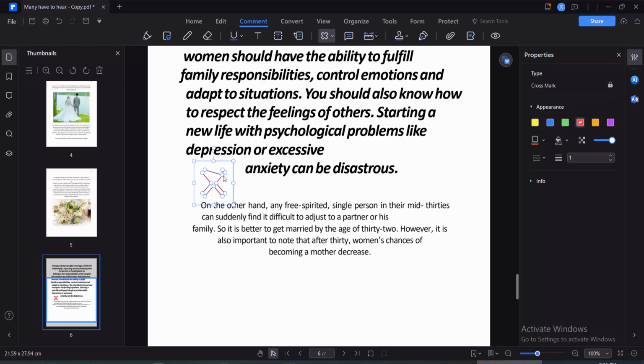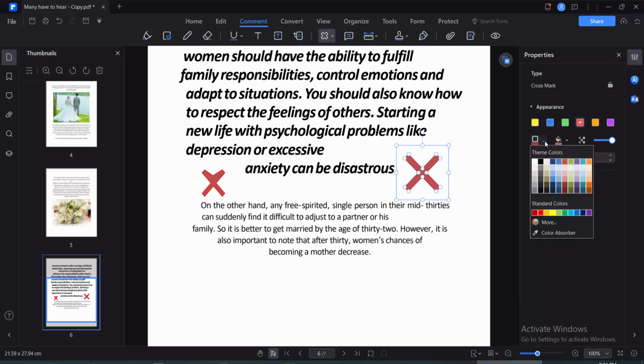move it in here, or you can change this cross mark, and here you can add fill color and so on. Also I'll add another cross mark here, and this border color I'll make red color, and fill color